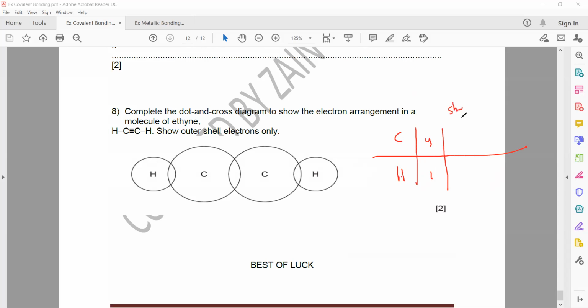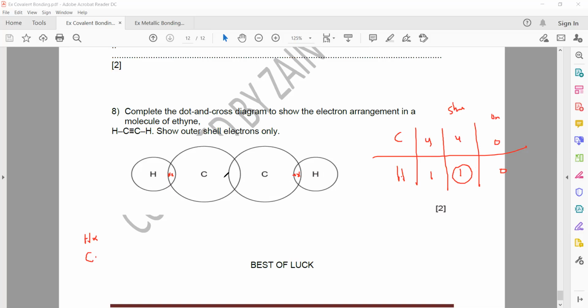Carbon, how many will it share? It will share 4, and hydrogen will share 1. There will be no unshared electrons on carbon or hydrogen. Whenever you start sharing, you always start with the one which shares the least number. So hydrogen shares 1, and for example, the hydrogen electron you represent by a cross and the carbon electron you represent by a dot. So if hydrogen shares 1, carbon will share 1 from that side. Same thing on the other side, hydrogen shares 1, carbon shares 1.